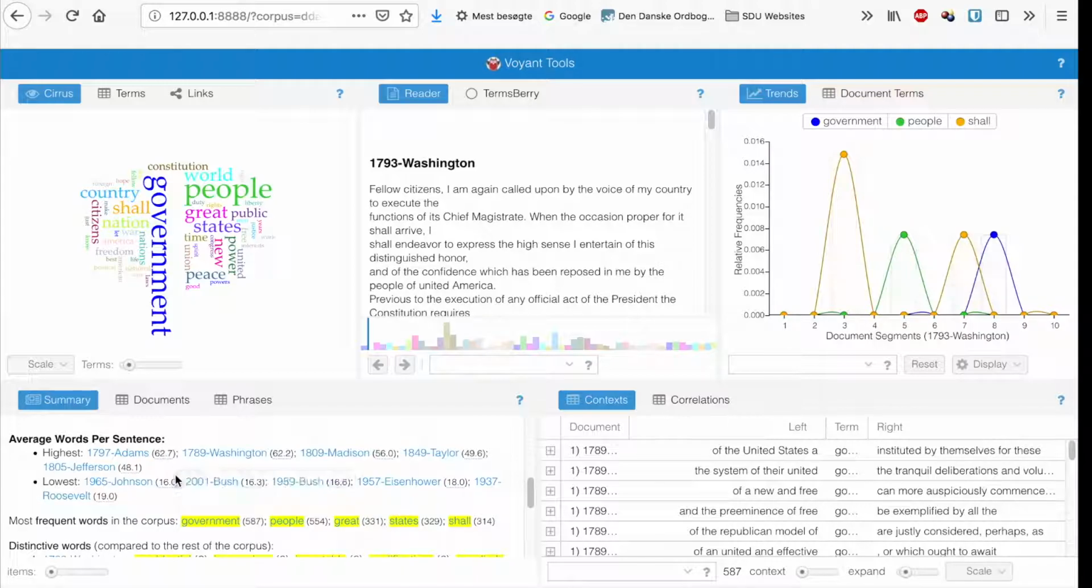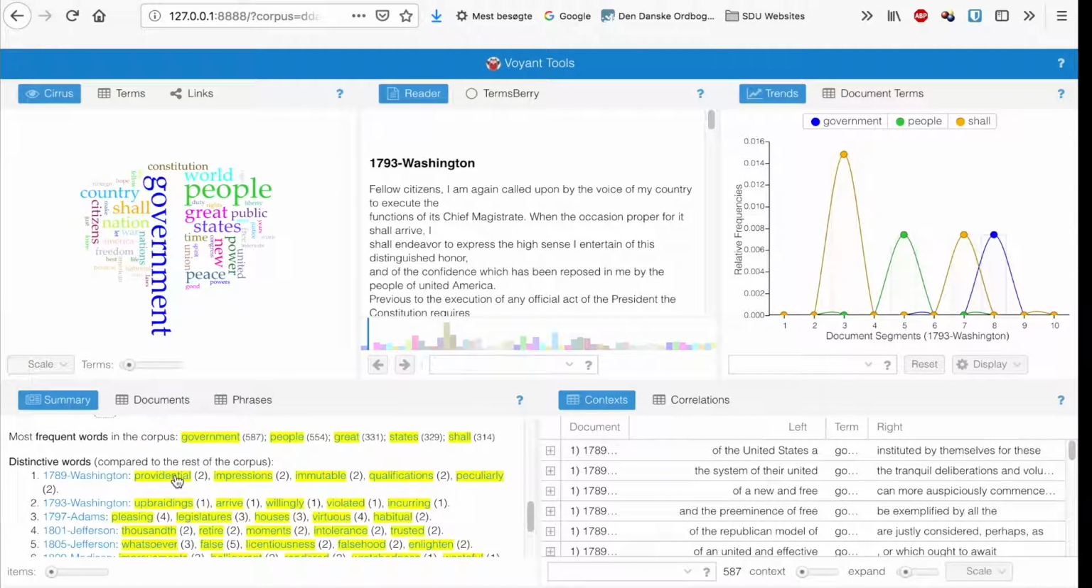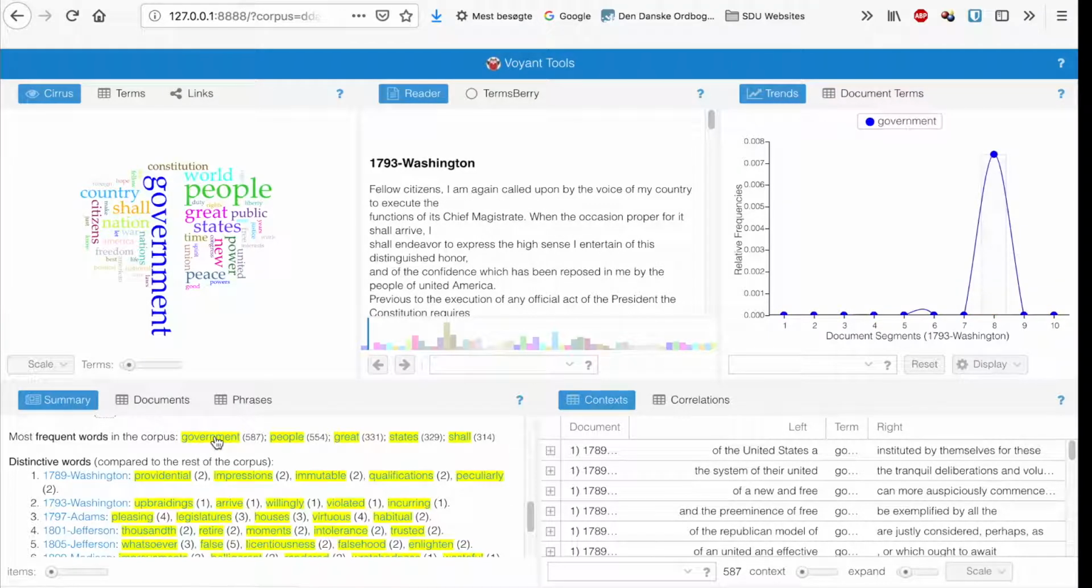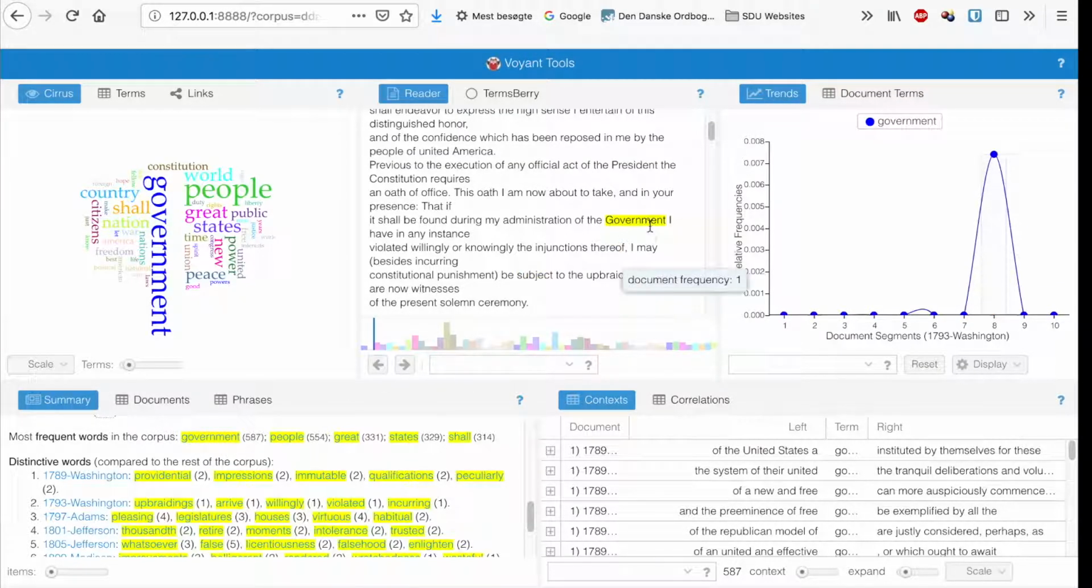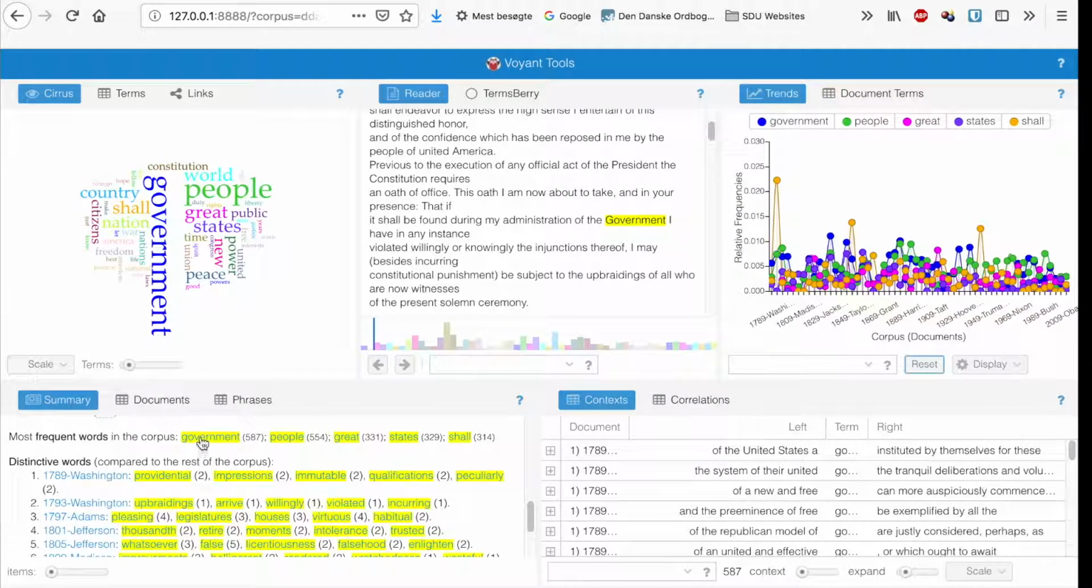Average words per sentence, and down here you have most frequent words in the corpus. You click on this one, the word will be highlighted in the reader, and you can see the trend in the last document you selected. If you want to see the trends for the entire corpus, you click Reset in Trends, and you click on